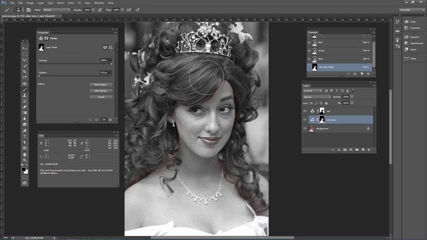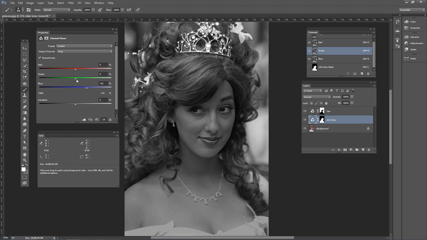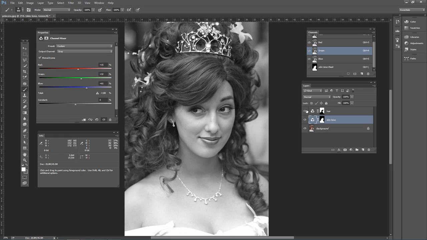We can paint a little bit more white on this one, or we could paint a little bit more on the other one, but I'm just going to do that. All right, so it's kind of like our other technique that we were doing where we used one channel as one layer and another channel as another layer. But with this one, if we end up, okay, we don't like it just being at 100% blue, we can still adjust it after the fact. So that's why I think it's a little bit better to use the channel mixer layer than just copying and